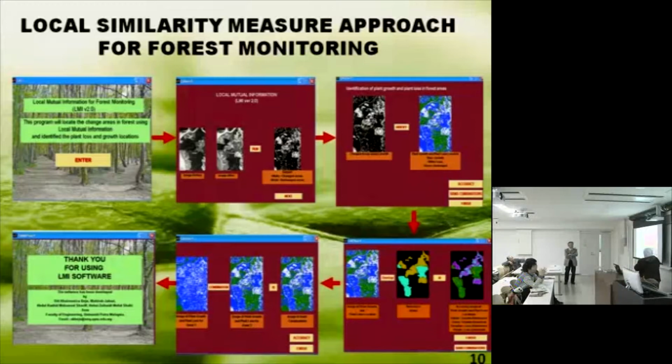And what is the number 3? This one. Yeah. This is for the accuracy. This is the reference map. We want to test whether our technique is good or not. So this is the reference map, and this is our result. So we overlap and see whether the result is good or not.